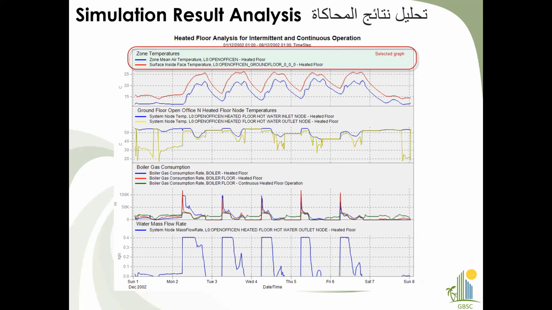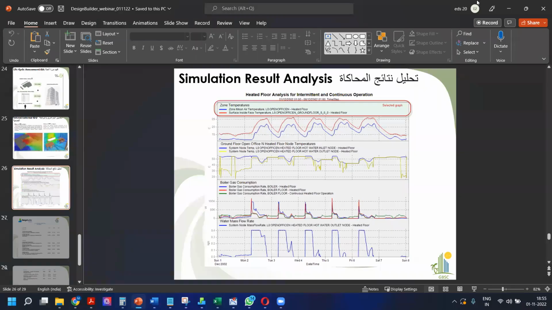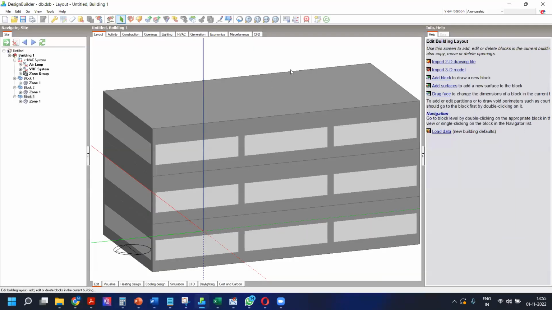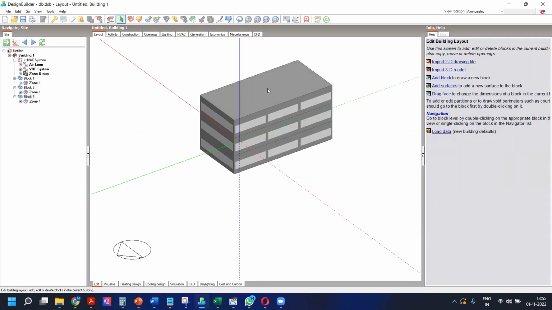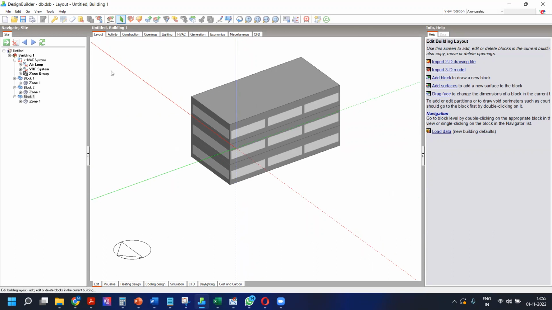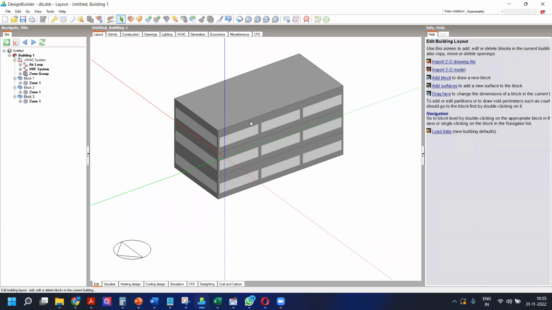I'll just switch over to the DesignBuilder software to give you an introduction of how the software looks and how we can work on it. So I'm just switching over to the software. If you see over here, this is the working space on which we work for the geometry part, the shading part, the construction part, or the zoning. If you want to do zoning, we can define it. So this is our basic working plane wherein we model the HVAC system,